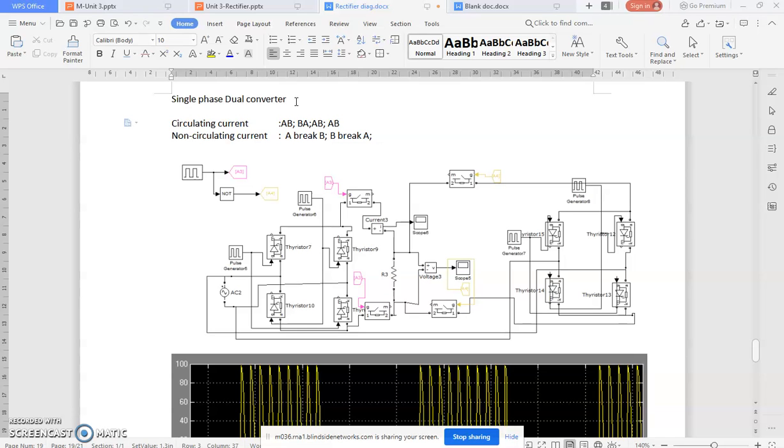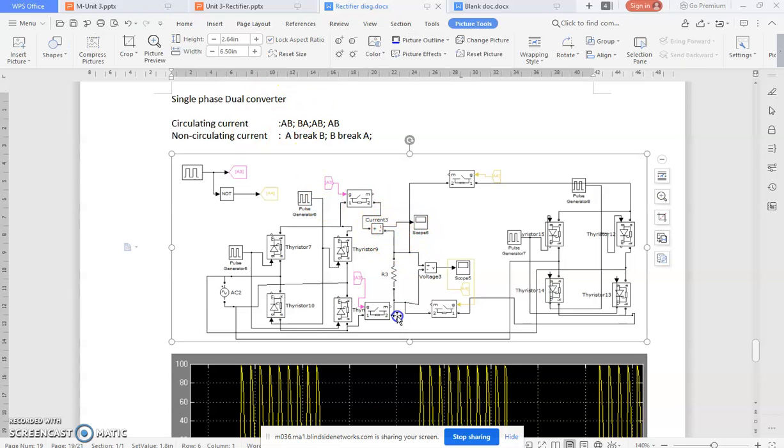So what is the meaning of this? The circulation is possible through touching, like corona, it will spread. That is called circulating. In the diagram, what is the differentiation? A converter, B converter. Circulating current means here inductance is used. One inductance at the top and one at the bottom gives you the circulation of current. So A is also operated, B is also operated, and circulation is possible. But non-circulating current, no.